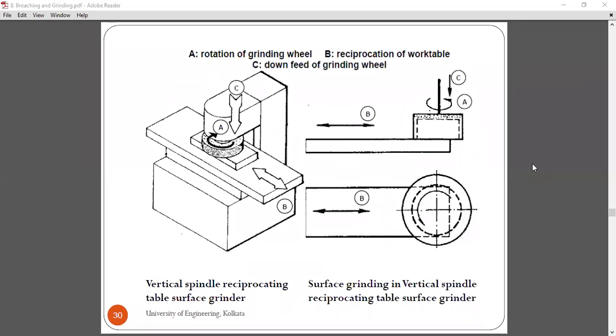So as you see in the diagram, the axis of the spindle rotation is vertical, and the contact of the grinding wheel with the workpiece is on the face and not on the periphery of the grinding wheel. So there is the rotation of the grinding wheel, and the face of the grinding wheel is in contact with the workpiece here. So the reciprocating table is there, and also the down feed of the grinding wheel is possible, so that we can remove